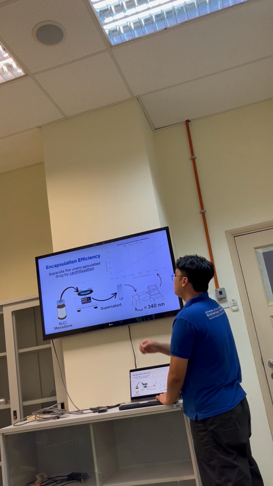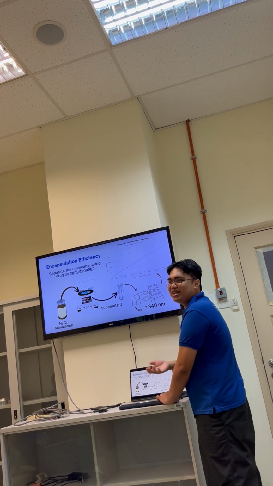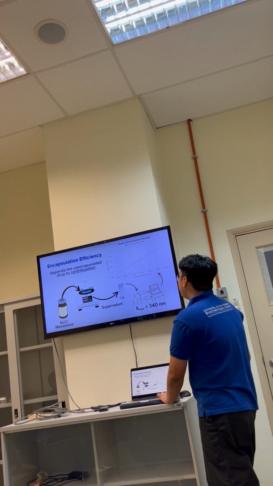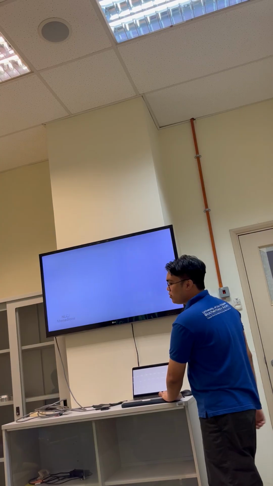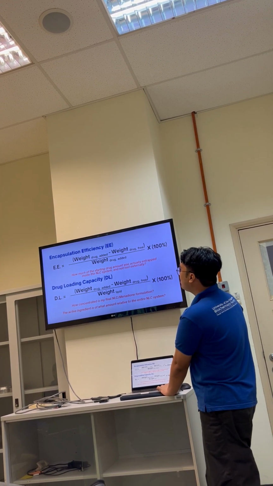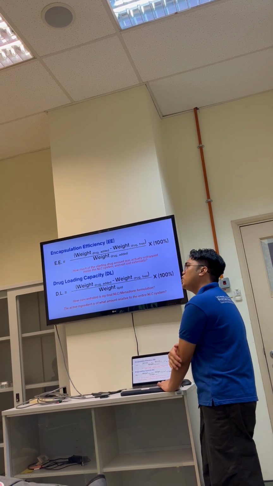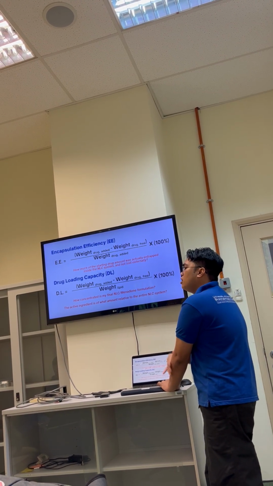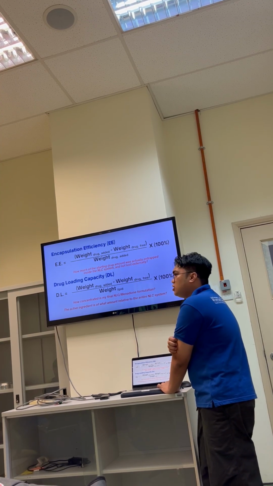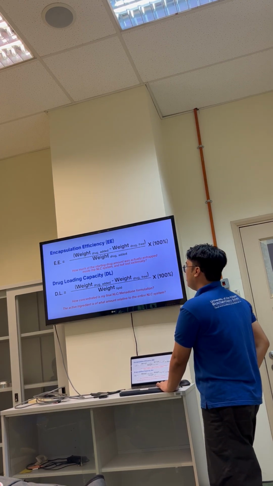And we have done so using UV-Vis, which by the way got good R squared for the analytical chemists out there. So for the UV-Vis interpolation, we can do it using a lambda max value of 340 nanometers. Finally, we can get the encapsulation efficiency and drug loading capacity, which shows us how compatible our drug is inside the lipid matrix. So this is how we get our EE and our DL respectively.